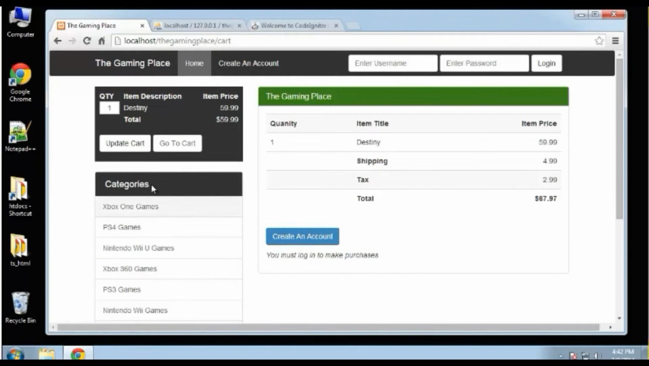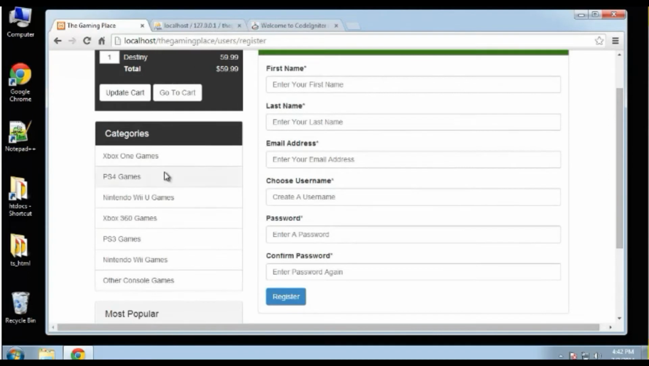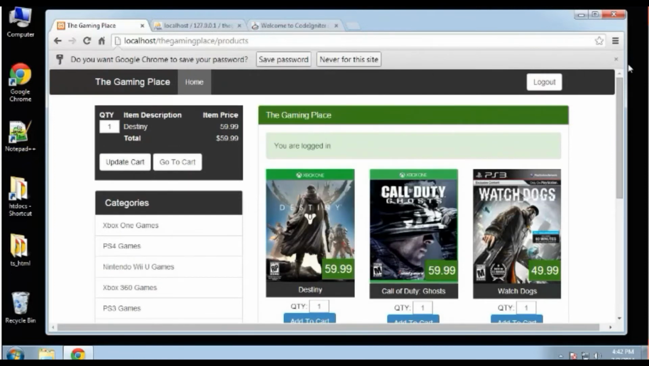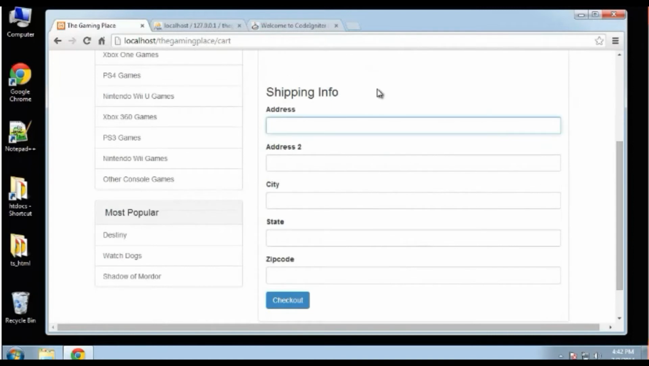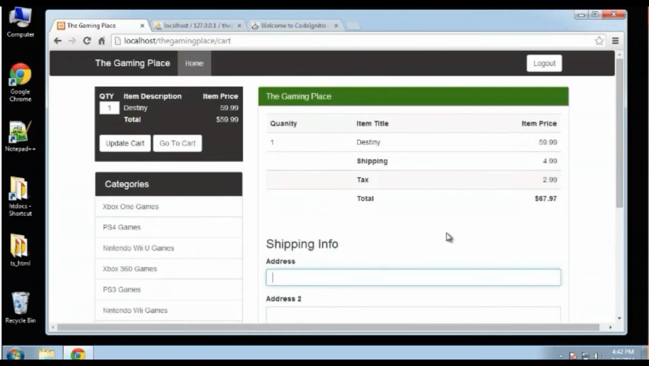All right, so I'm using XAMPP, so we're going to go into htdocs, and I'm going to change the name of the gaming place folder so that we can use that folder name. Change that to done, and then we'll create our folder. And what we're going to do is open the Codeigniter zip and take everything out except for